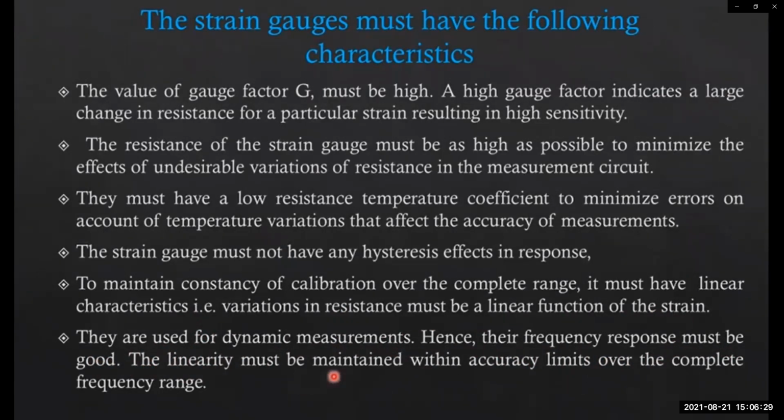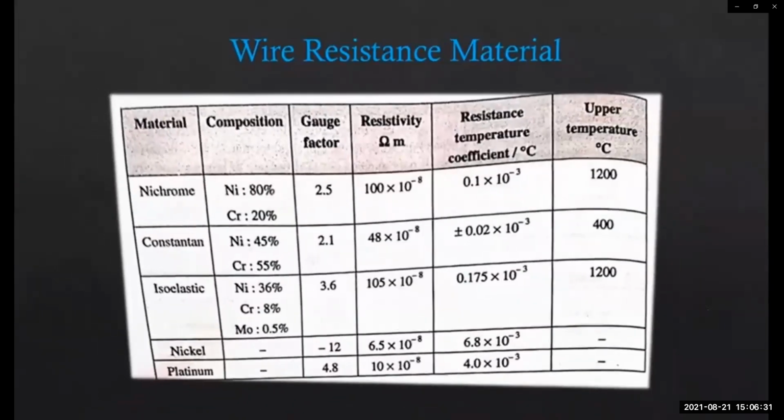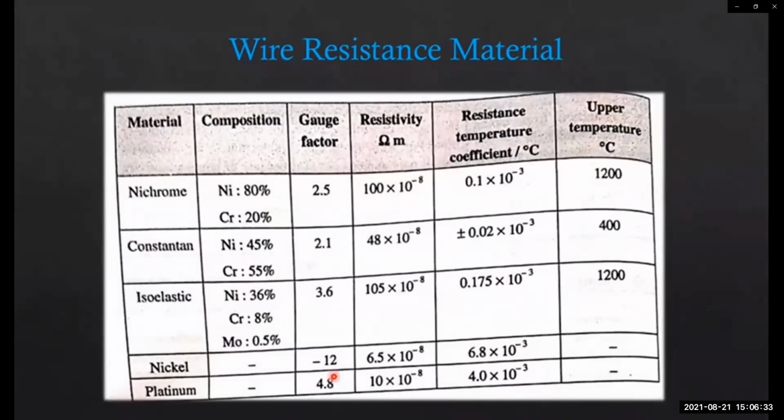So next one, that is the resistance wire material. Now no single material is able to satisfy all the different properties. So we require a composition of two or three different materials to make our wire. A number of metals or alloys are used to make the resistance wire, and some of them are explained in this table.